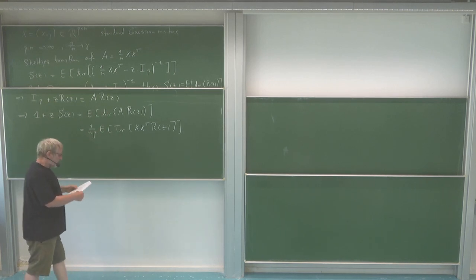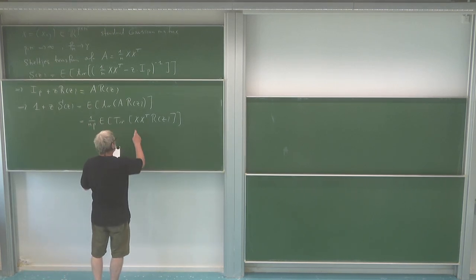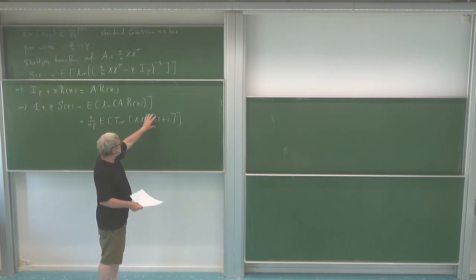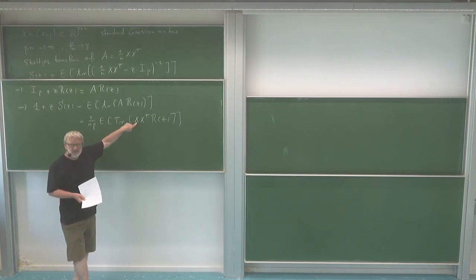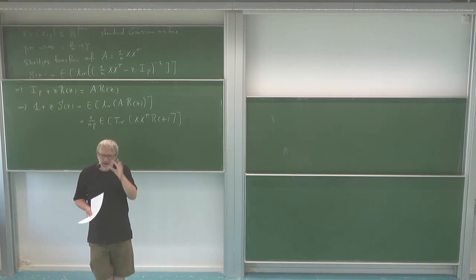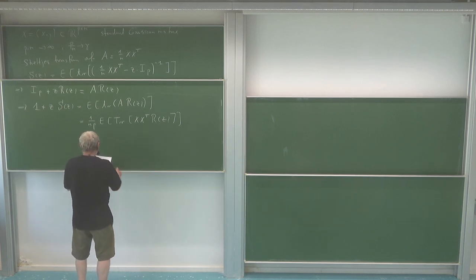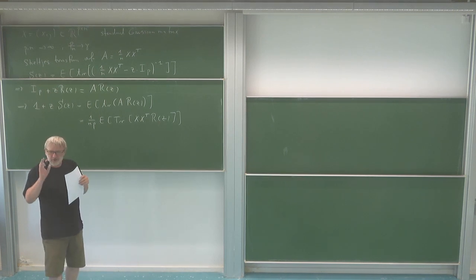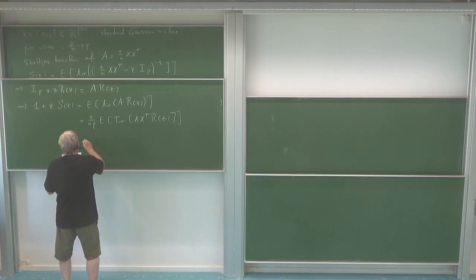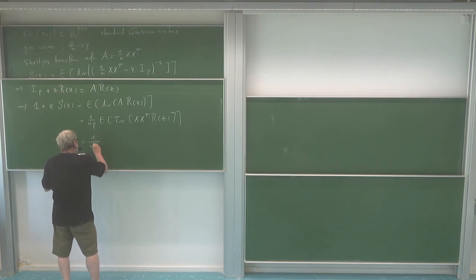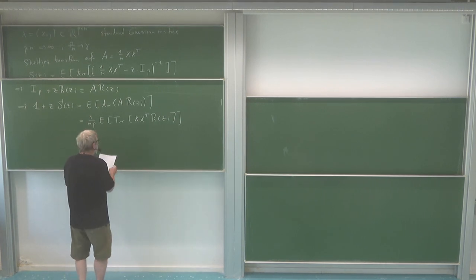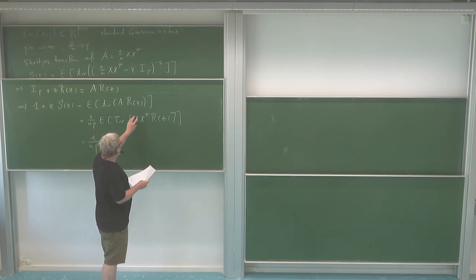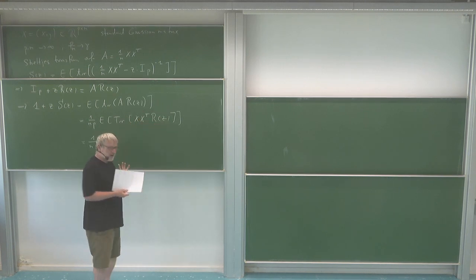Okay, and now what I have here is the product of matrices, and I want to split off this one x here. X is really a matrix of which we know the best what it does, because the entries are independent Gaussians. So at some point I have to use this information. What do I know about my basic matrix? The basic matrix is X. So I write this as 1 over n p, and then I write this here. So this is a matrix product of X times this matrix, and then I'm also taking the trace.